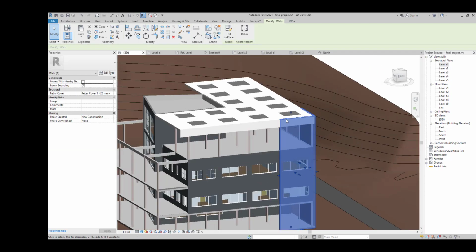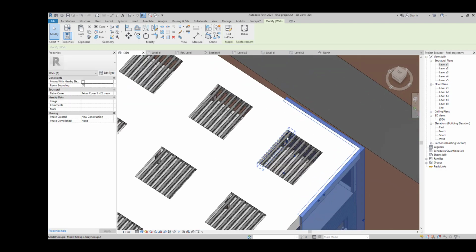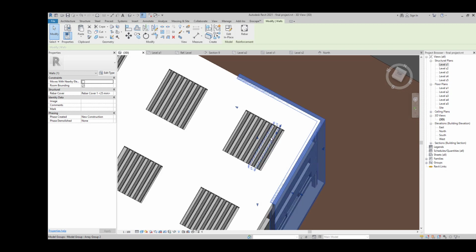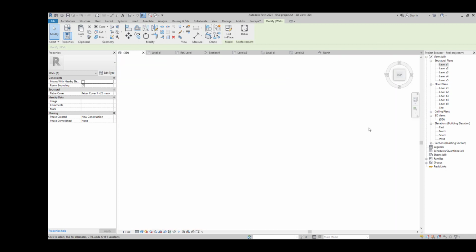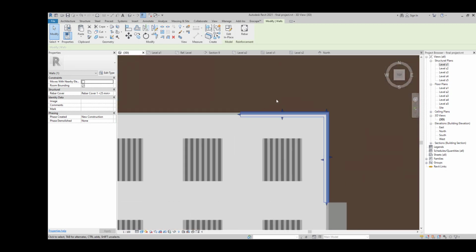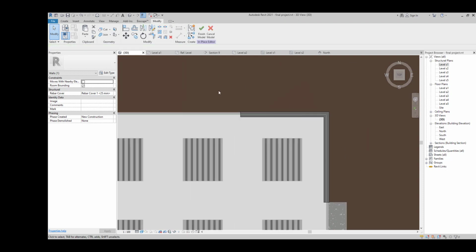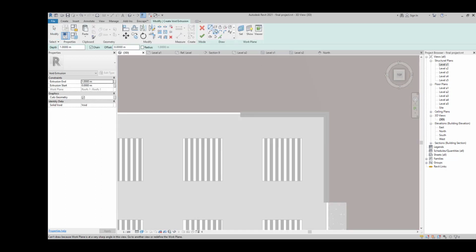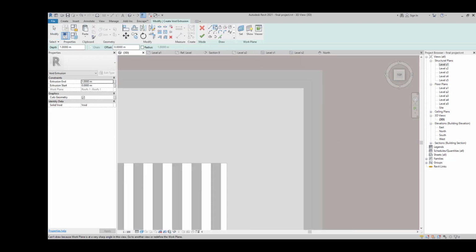So we need to see how it looks from the upside. It looks fine so far because we drafted in the right position, but we need to have one void element because here we are going to have some extra edge. So it's easy. We are just going here and